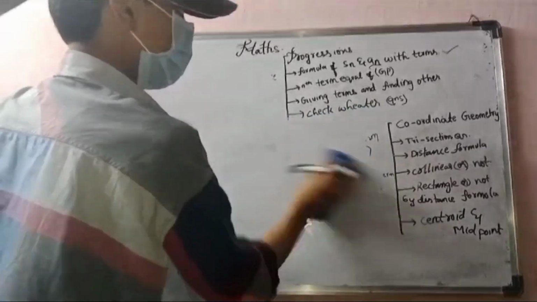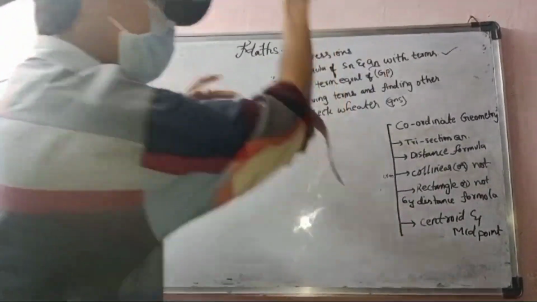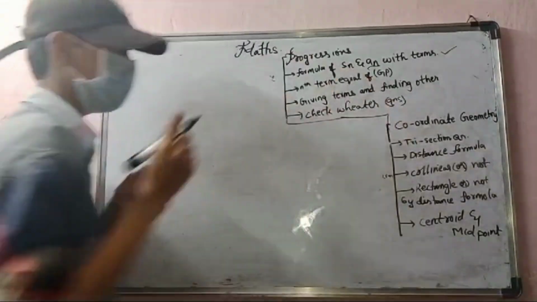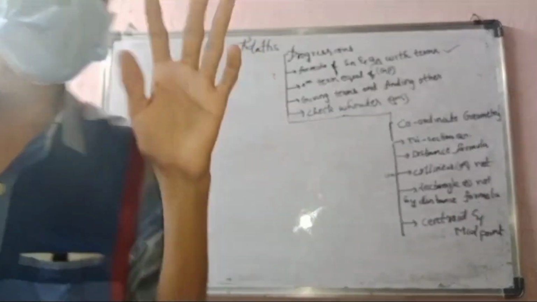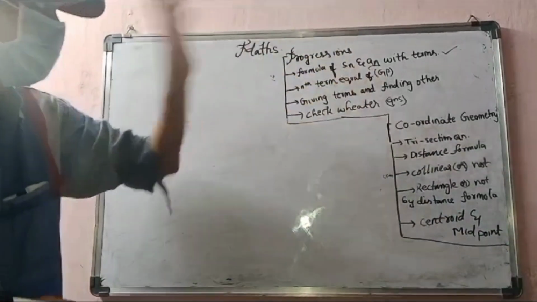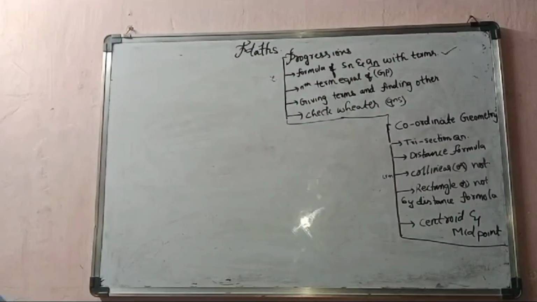Now we are going to the nth term equal of GP. This is a very important question and difficult for many students. Just tell me when you have the formula and I will go on. Now I will take a question from the exercise, because they are giving one question from the exercise. I don't know the exact question, so I am referring to the book. Okay, I got the question.